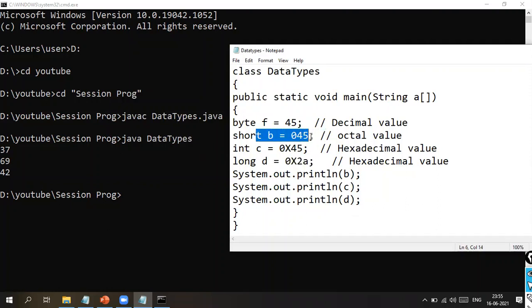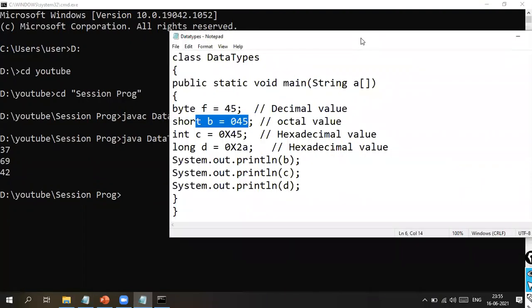The value of B is 045, that is an octal value. Then how do we convert the octal value into its equivalent decimal value? What is the value that we have? 045, and it's an 8 base number. So we need to multiply every digit with its base to the power of the position.